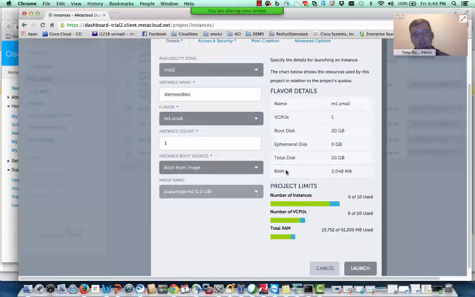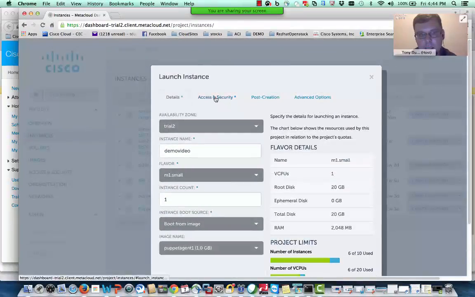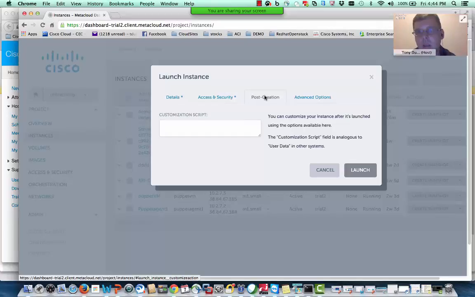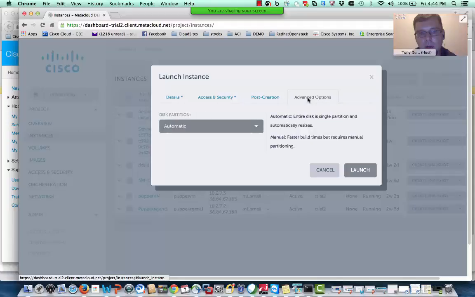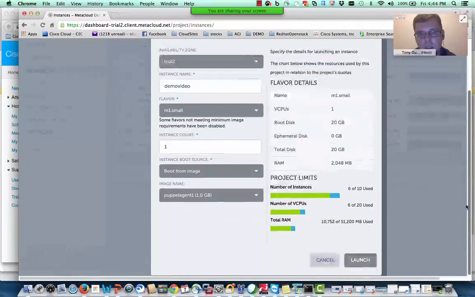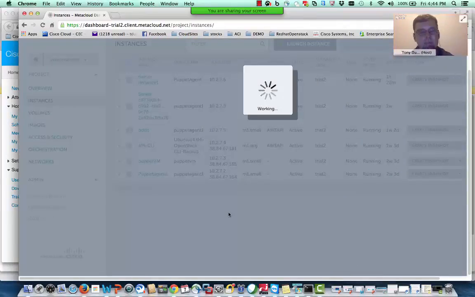Again, we can see our project limits that I spoke to earlier in terms of a quota and what we have available to us. And before I launch, I have a few options here again to select the type of security group, and then I could run a script post instance spin up, and I have other options as well for partitioning of the disk and so on. So what I'm going to do is go back to details and launch that instance,